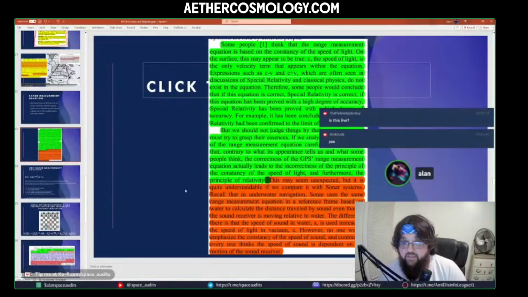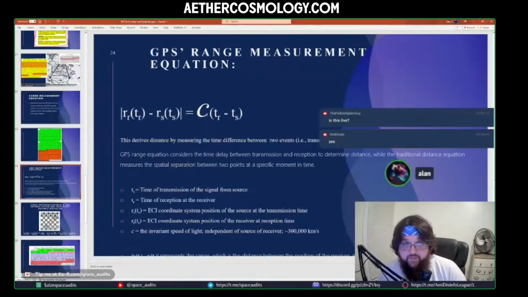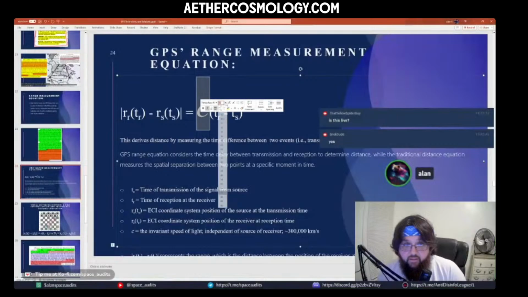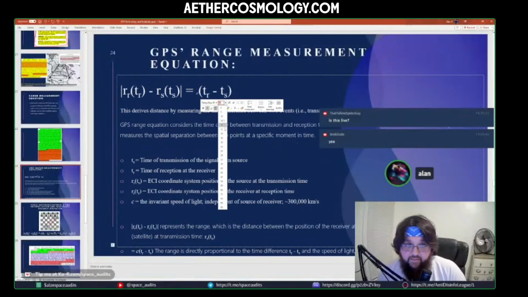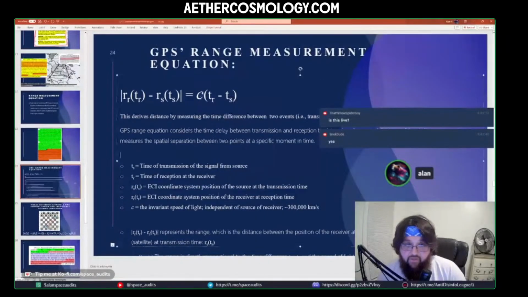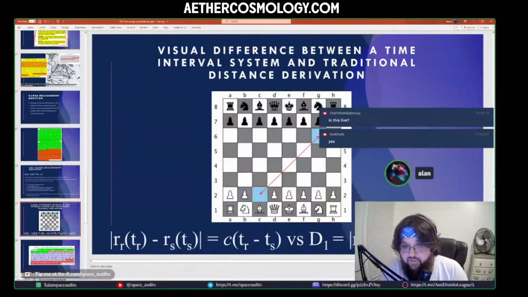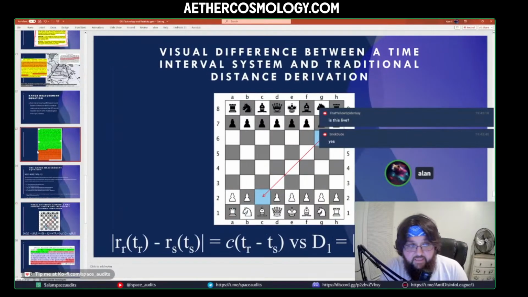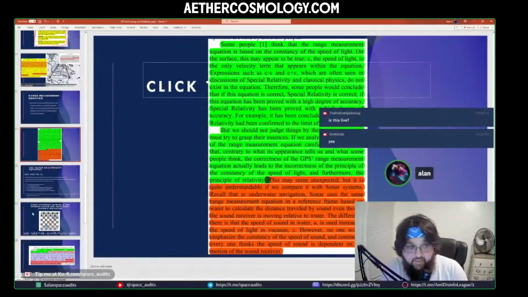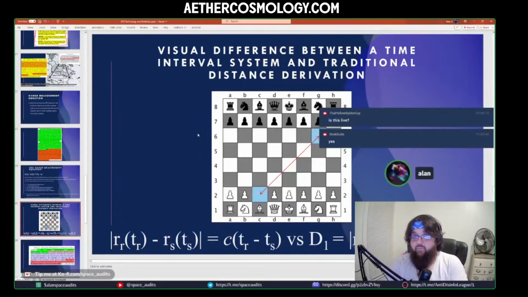So pretty big implications there for the equation, because on the surface of it, it looks like there's nothing weird going on here. But what they're going to find out is that the distance derived is based on a variance in C. It's going to show a variance in how they're measuring distance. It's going to be based off of a variance in C, because that's the only velocity term provided in the equation, right? And they're using the time of propagation